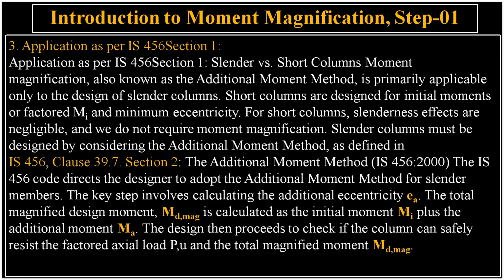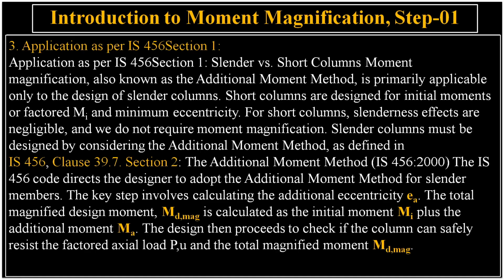For short columns, slenderness effects are negligible, and we do not require moment magnification. Slender columns must be designed by considering the additional moment method, as defined in IS 456,